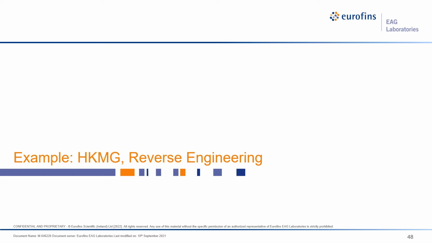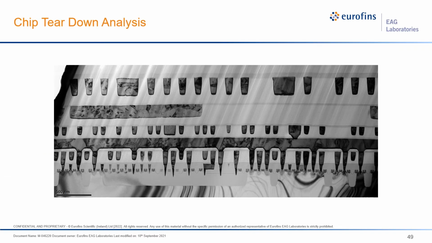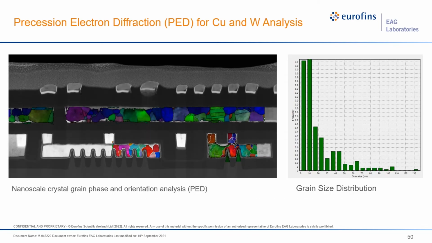Okay, now high-k metal gate reverse engineering. We buy this device from the market and tear it down. One of the larger scale applications would be using so-called PED, precession electron diffraction. We can map out the copper lines, and we also can map out the tungsten metal gate in this case. You can map out the orientation,